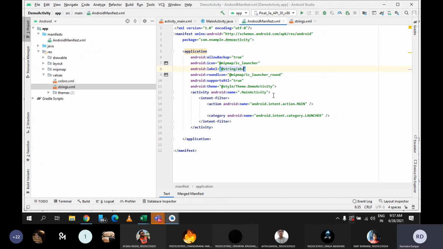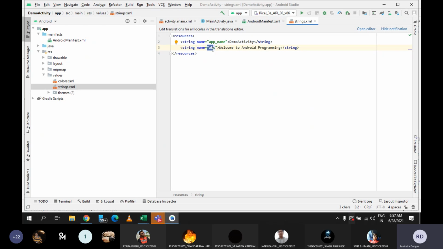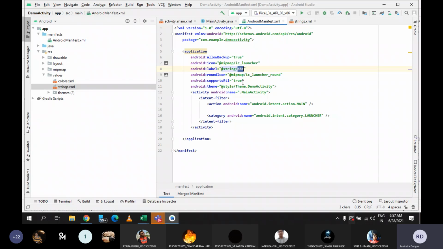You can see here. So what does it mean? It will go into this string.xml file and check the variable ABC. So it will go to string.xml, the variable name is ABC, and whatever text is written there, it will display. So at all 100 locations where I need to use this text, everywhere the variable will be ABC. So if later I feel I need to change it, I need to go to string.xml only. I can change the text here only. I don't need to go to 100 locations to change the text. Simply I change it here, and the variable is the same which we have referred to everywhere, so it will be reflected at all 100 locations. Are you getting me?